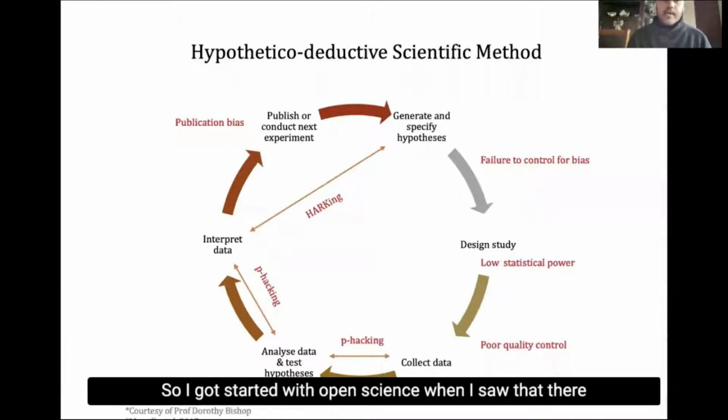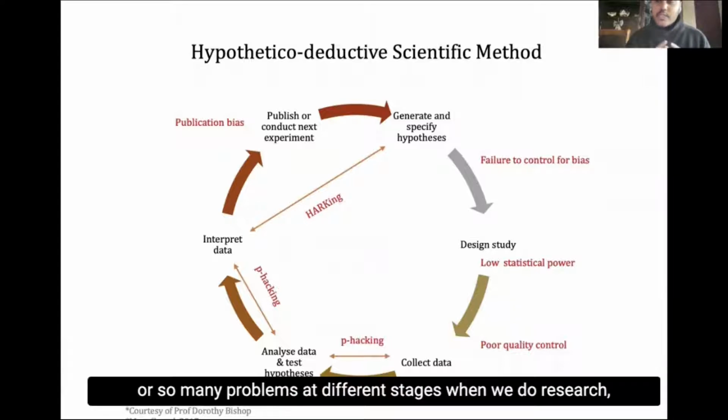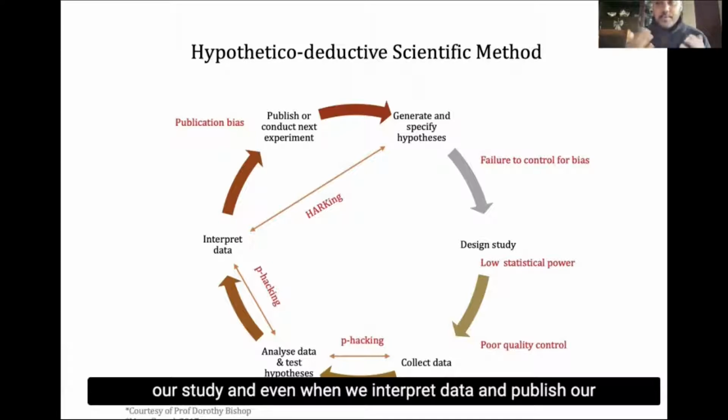So I got started with open science when I saw that there are so many problems at different stages when we do research, and these problems can manifest at the very beginning when we define our own hypotheses, when designing our study, and even when we interpret data and publish our results.